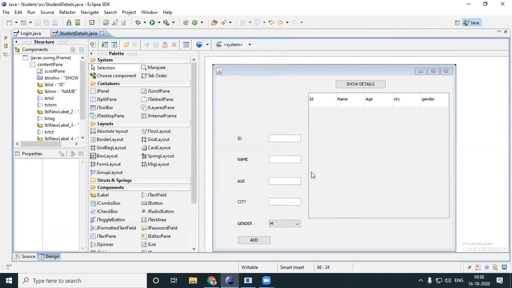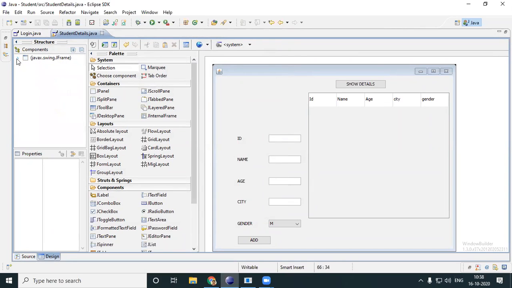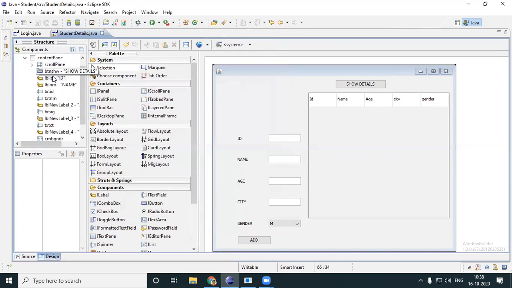Now you might remember we put your table inside a scroll pane. If you look into this particular window on your top left, you will have all your components listed over here. Inside your content pane, you have a scroll pane, all your labels, buttons, everything.